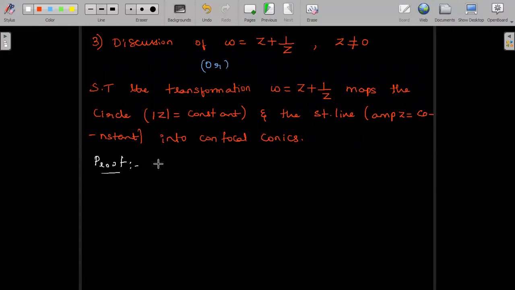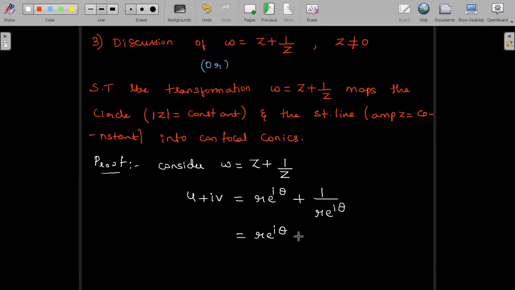So firstly, we consider the given curve w is equal to z plus 1 by z. Here we need to take the polar representation of z. That is why they have mentioned amplitude z also. It's very clear from that, and that is for polar representation we can use it. So left hand side w is taken as u plus iv, and right hand side r e power i theta plus 1 divided by r e power i theta. The polar representation of z is taken. So this is equal to r into e power i theta plus 1 divided by r into e power minus i theta.